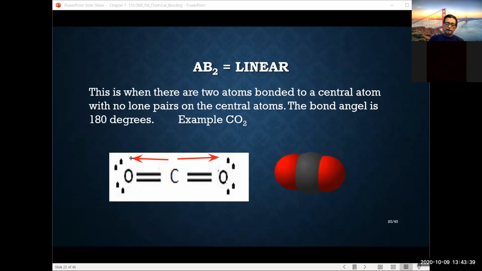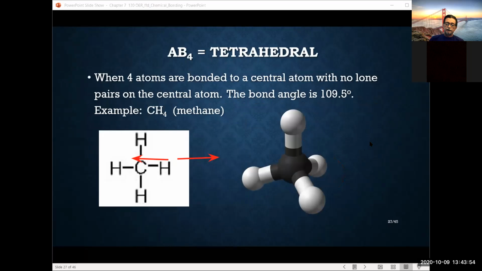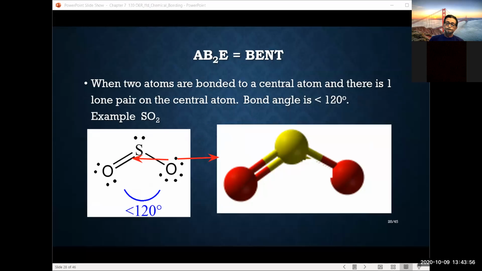Because they have the same magnitude, but they're going in different directions. The one on the left is going in the negative direction, the one on the right is going in the positive direction. The result is they cancel each other out. With respect to this one here,